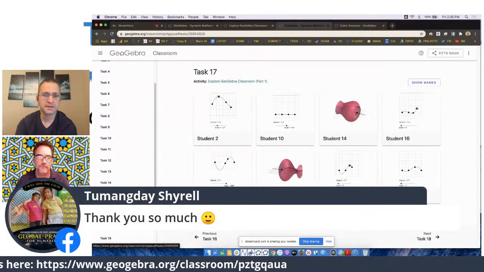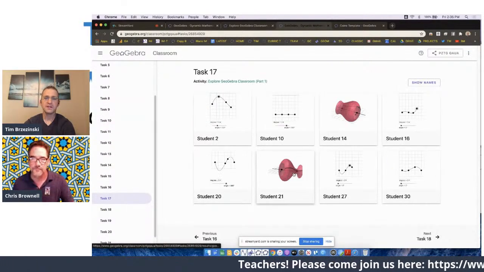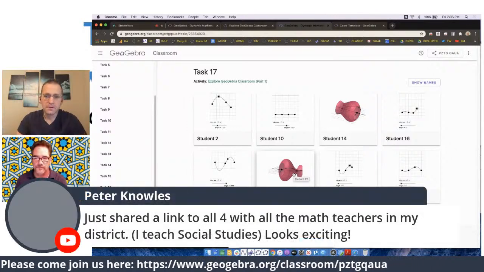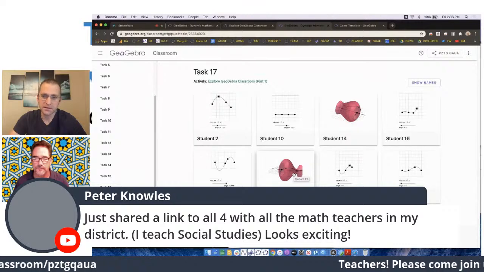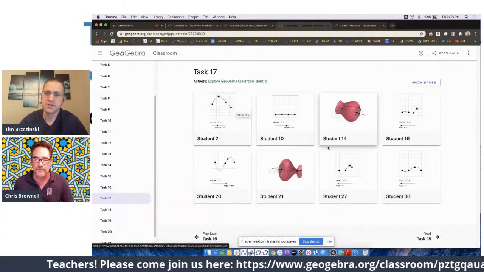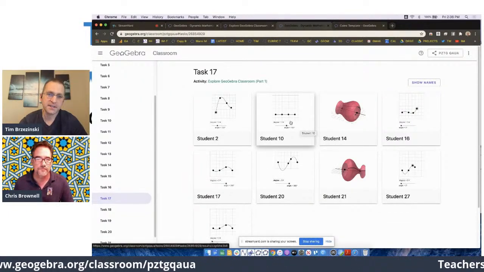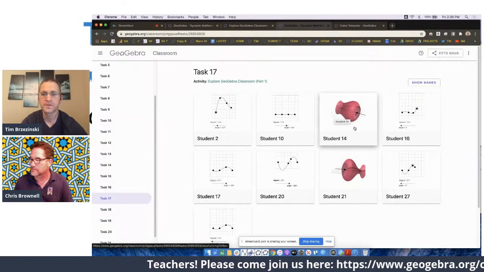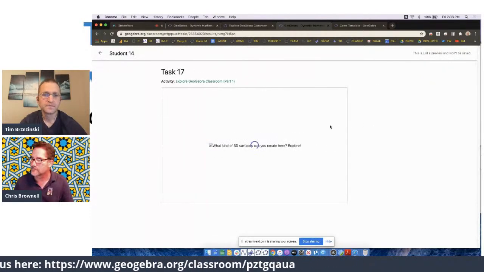And let's see, where is it? Last but not least, I know there's so much more I wish we could do, but task 17, and we'll end it with this. I know I'm over. But basically, you can have your students play in 3D very easily in GeoGebra and see results here. Right now, there's a workflow issue in GeoGebra, which will be fixed. But the thumbnail that I see is the last thing that a student touches. So if everybody touches in the 3D panel, for example, I'll see the 3D image, but that's okay for now.